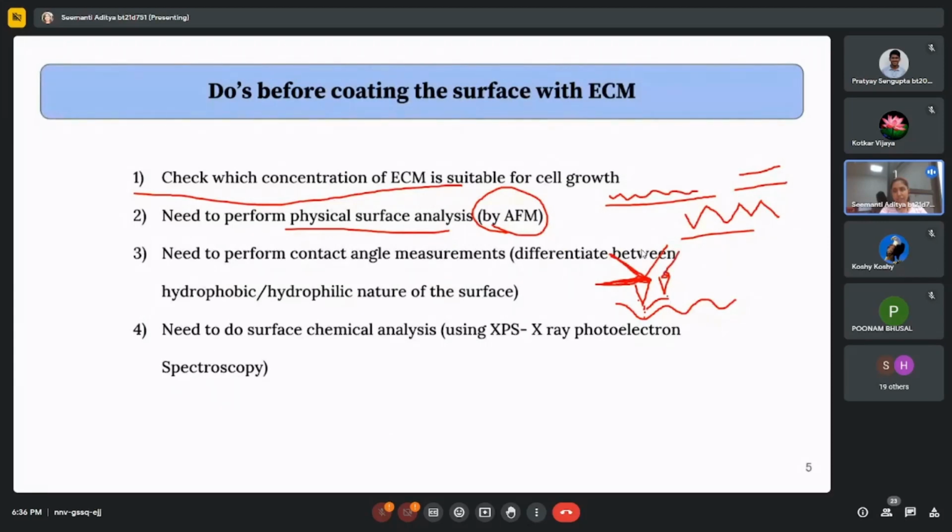So based on the movement of the cantilever on the surface of the dish or the cover slip, we can get a pattern of how the surface is. So we can see whether the surface is smooth or rough, or what the degree of smoothness or roughness is, using this technique. So this is a very sophisticated technique, and atomic force microscopy is very much